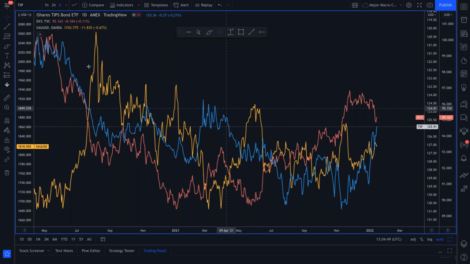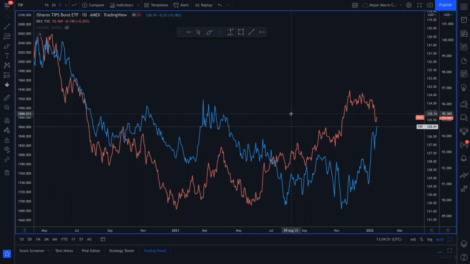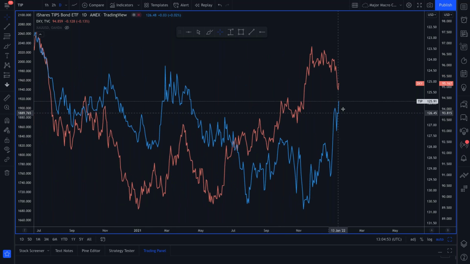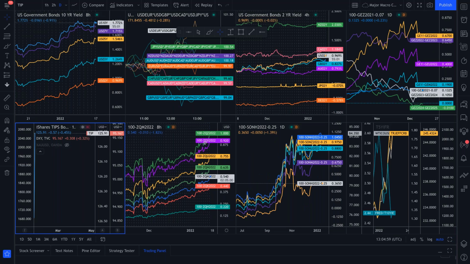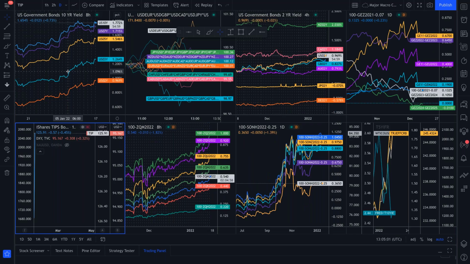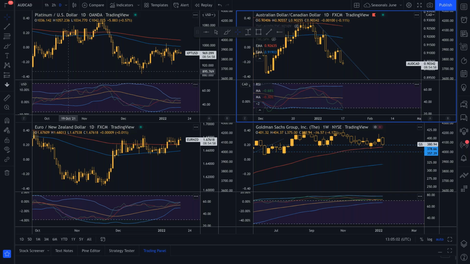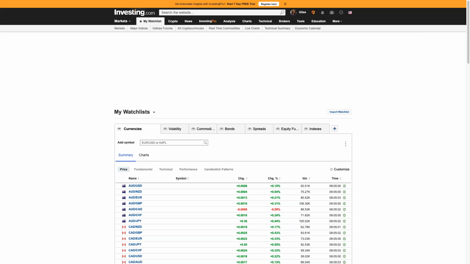So what I want to see with gold is I want to see real yields drop lower. Now, the thing that will drop real yields lower is if you start seeing 10-year yields moving sharply lower, then watch out, because then you could see some decent upside in gold. Okay, so the sort of thing you're looking for is this. Let me just show you.